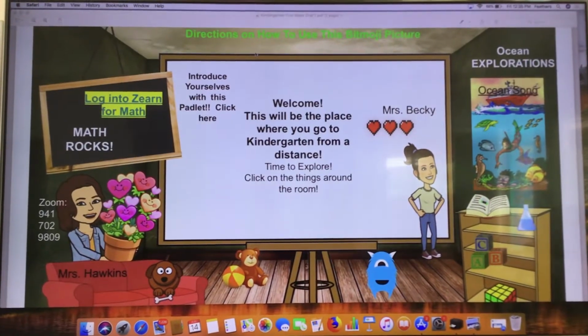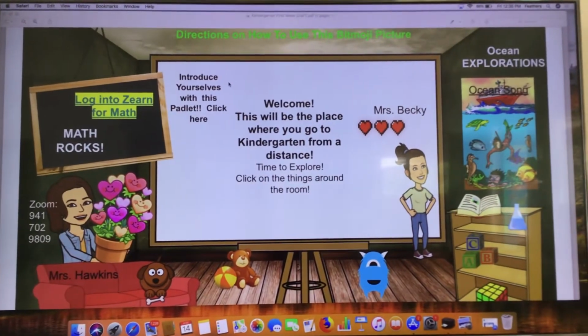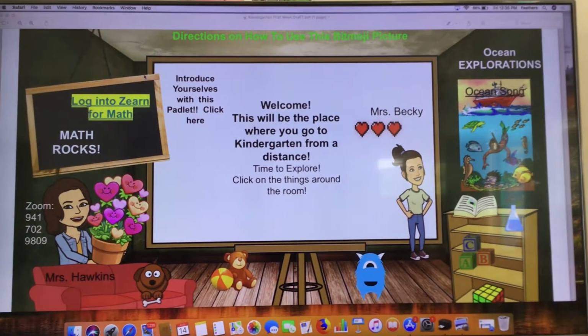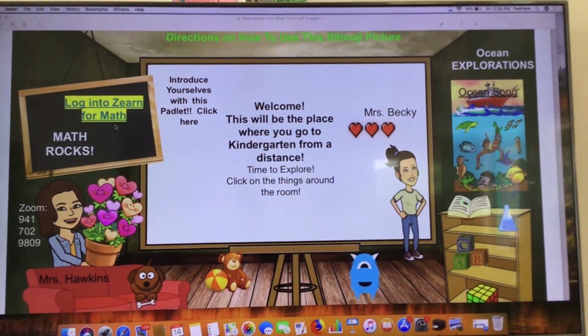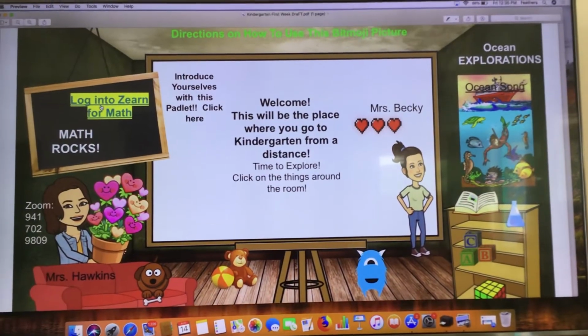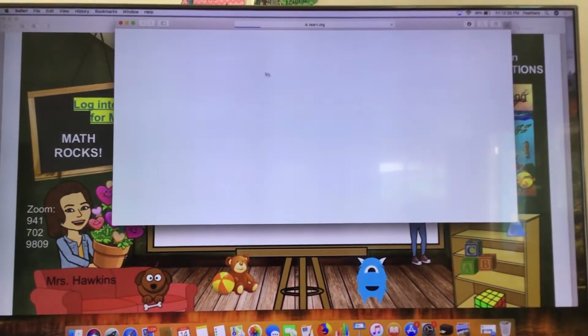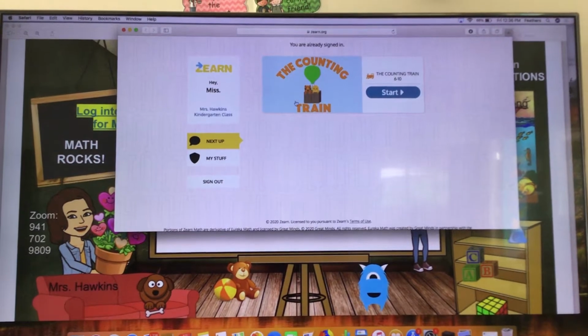This is really an interactive picture, that's all it is. Mrs. Hawkins and Miss Becky have embedded links into the picture that you're going to be using. So let's go to Zearn Math to begin with. All of our math lessons will be pretty much done on Zearn, except every once in a while Miss Becky and I will teach you how to play a game. But you'll click on that